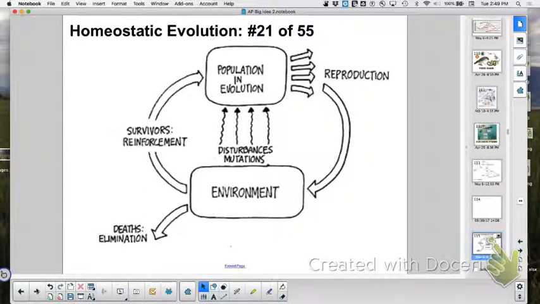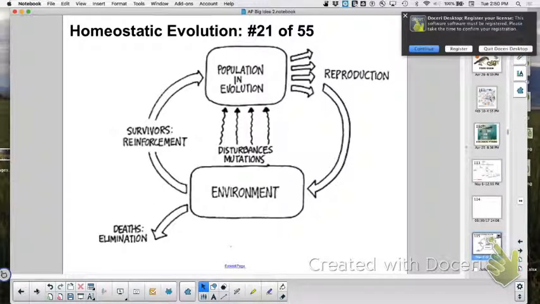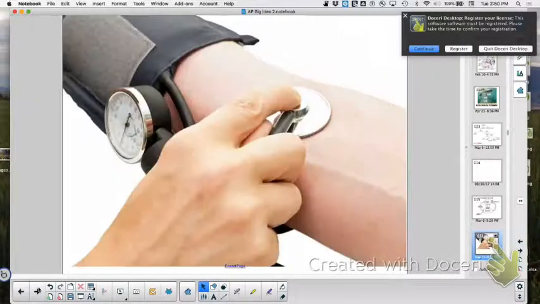All right, so the environment is going to dictate who's most fit, right? Those survivors in that population, they could be whoever's most fit, or you could have mutations or disturbances that could influence that. Those are the ones that reproduce, so it reinforces some trait, maybe a larger beak, or maybe more webbing in your feet, whatever it might be. Next,